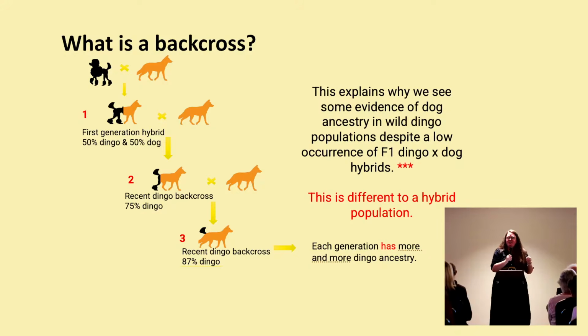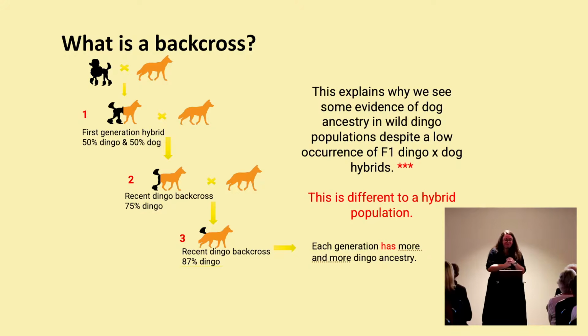So a back cross is when you have a hybrid, so the offspring of a dingo and a dog, and then it breeds back with either dogs or dingoes. And then through many generations, what you have is decreasing amounts of dog ancestry in the wild. It's quite a common practice when we're talking about livestock breeding, for example. You might use it to introduce a new strain or breed of sheep, for example, to develop a particular thing that you're interested in, maybe wool type, and then you will back cross it to try to take it back